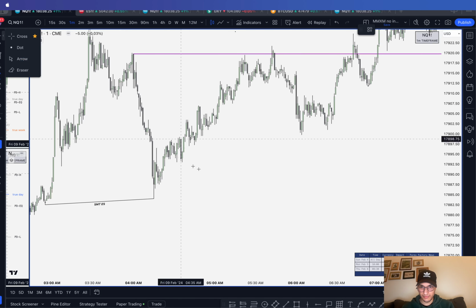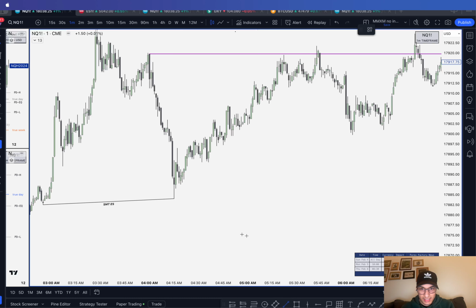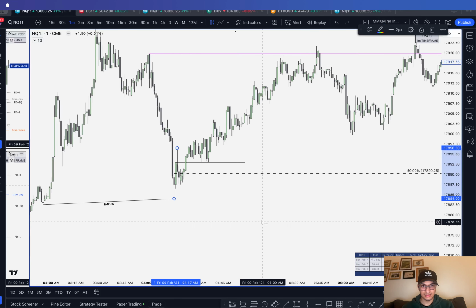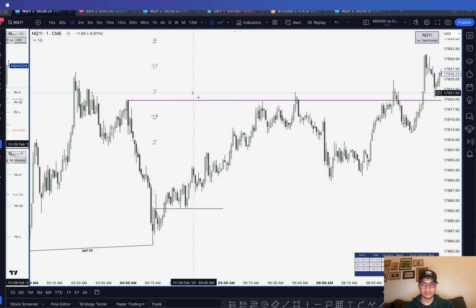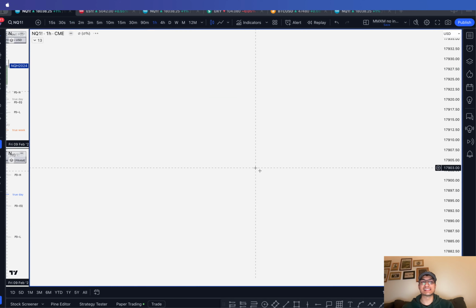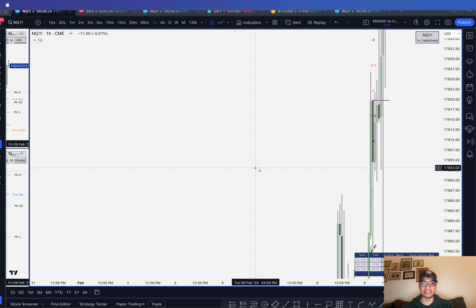Yeah, it was right here. I got in right here, right on this double bottom right here at this breaker. And then I targeted 2. Look at that. Perfect, right? And that's because we're using the same exact concept we just went over in deep detail, which